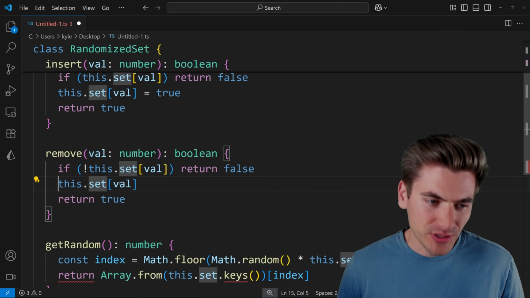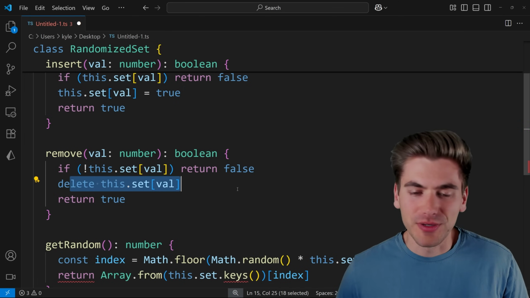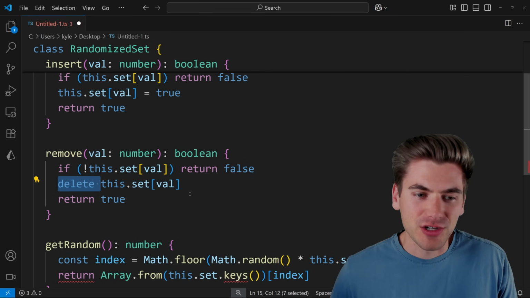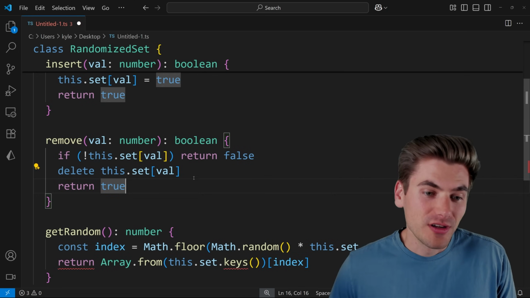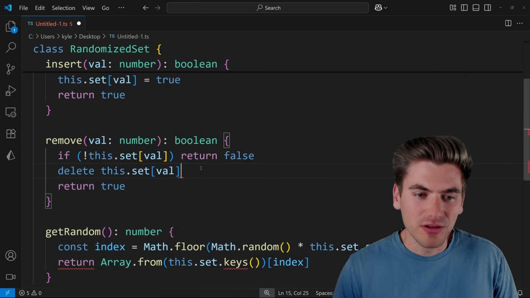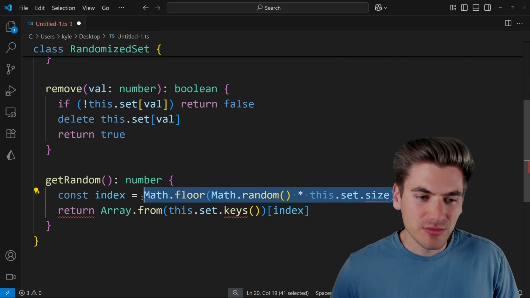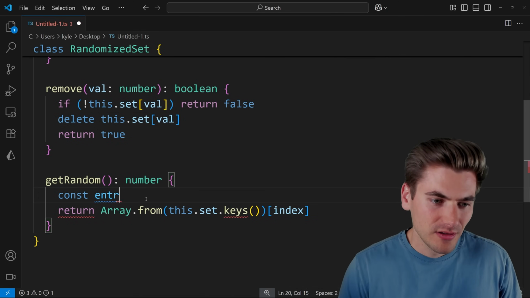And technically, we can just put delete at the front here, and that'll delete that value. That's something that a lot of people don't know about JavaScript. You can use delete to delete things from an actual array or an object, sorry, or we could just set it to undefined as well. But in our case, we'll just use delete. That works fine. Now down here, we can make this a little bit easier because we can say const entries equals